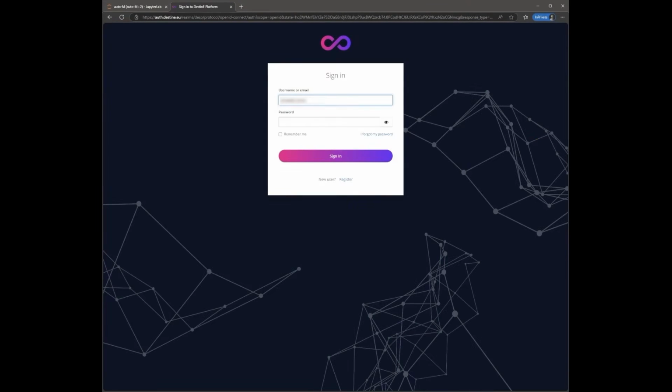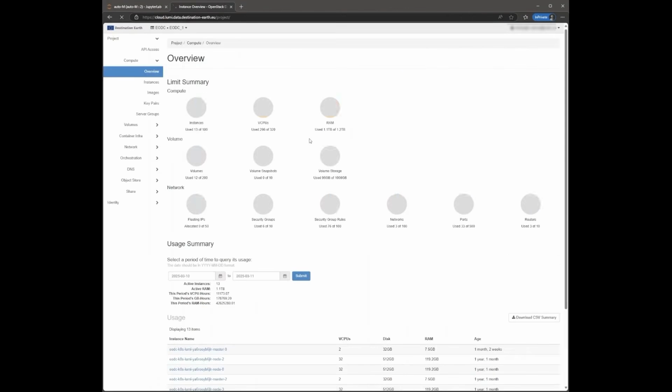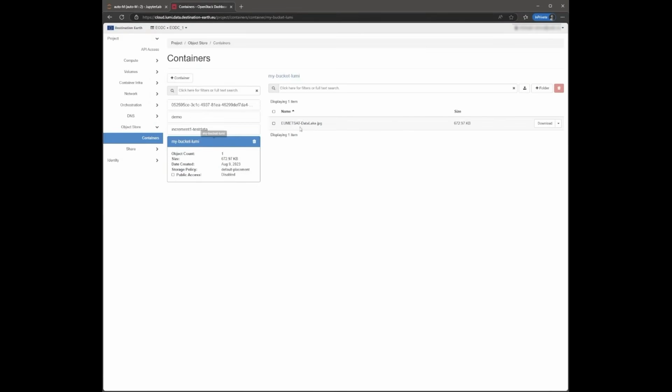We authenticate again with our Desk credentials and browse to the section Object Store. How to create a container or bucket is demonstrated in a separate tutorial for this service. We see that there are 4 buckets in total. The bucket called MyBucketLumi will be further used in the example, and we see that there is only one object